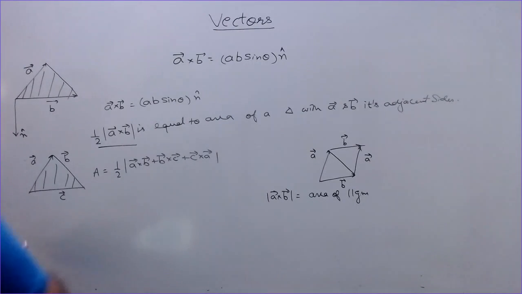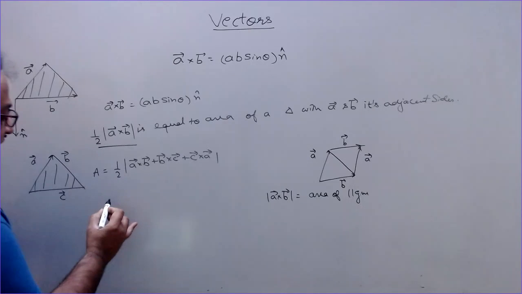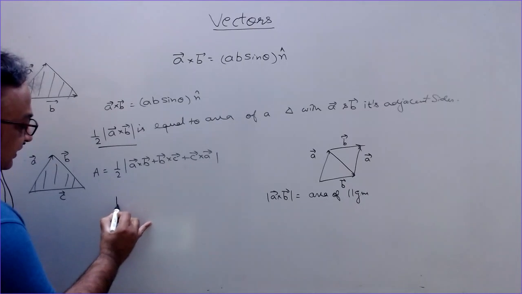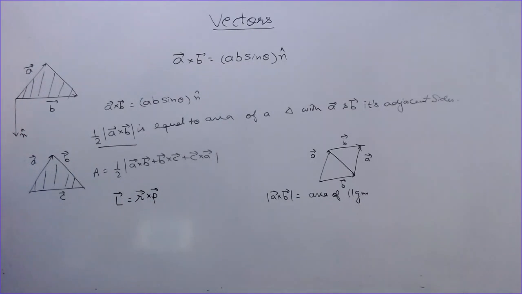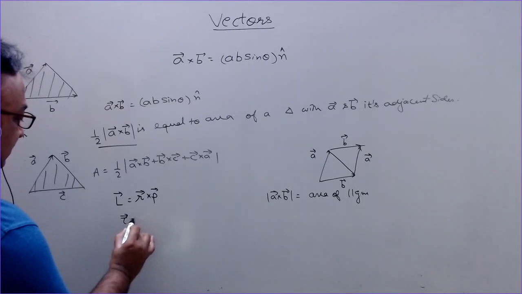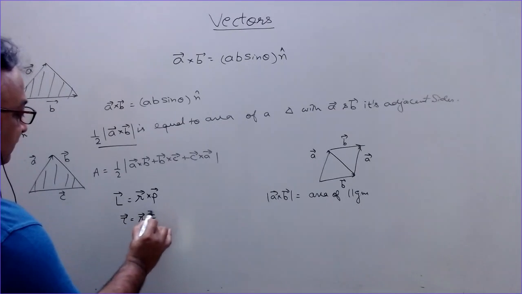You must have seen various quantities in physics written as a product of two vectors, like L is equal to R cross P. This is angular momentum in case of rotation, where R is the distance of a point from the axis, and that point is moving with velocity v, angular velocity is omega, and p is the linear momentum. So L is the angular momentum, equal to the cross product of R and P, and perpendicular to both. Similarly, we have the torque acting at a point, given by R cross F.